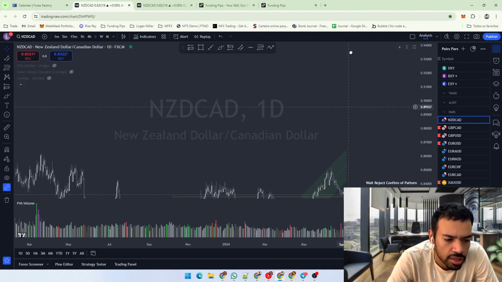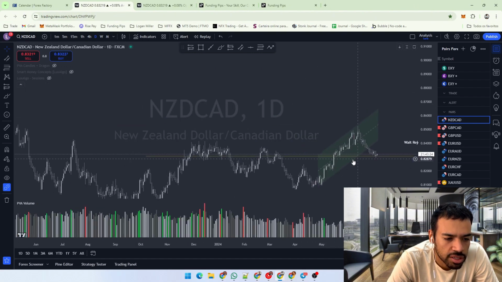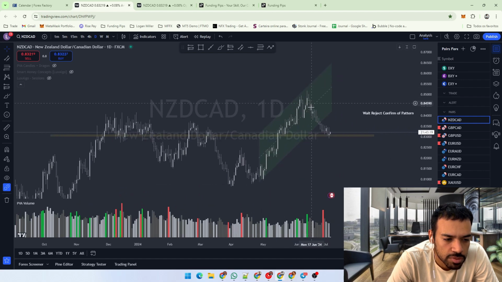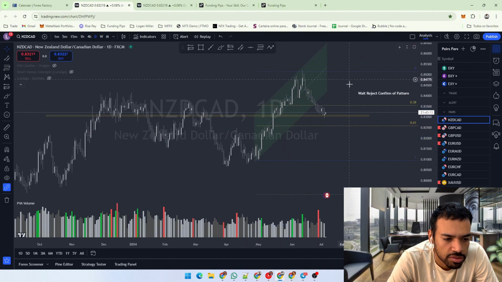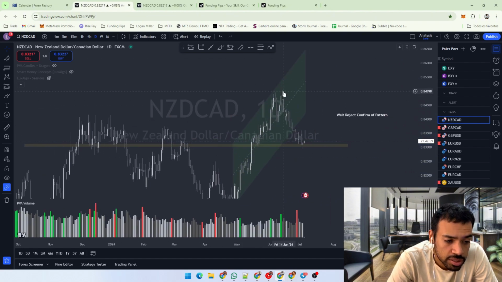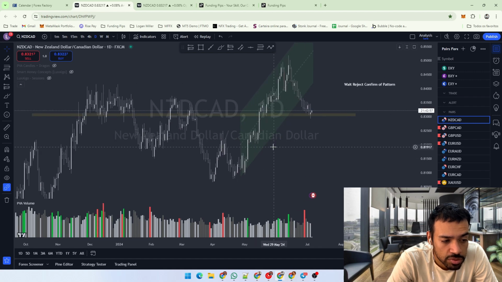I will consider this trend line right here, and I will consider this retracement right here, just a retracement of this trend line. You can see it's about half, a 50% Fibonacci. I think it's around this area right here. Why will I not consider this downtrend line right here? Because we have a trend line